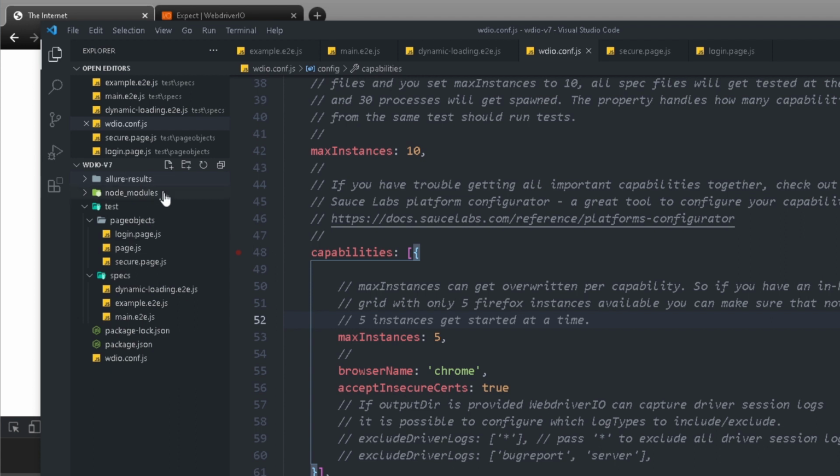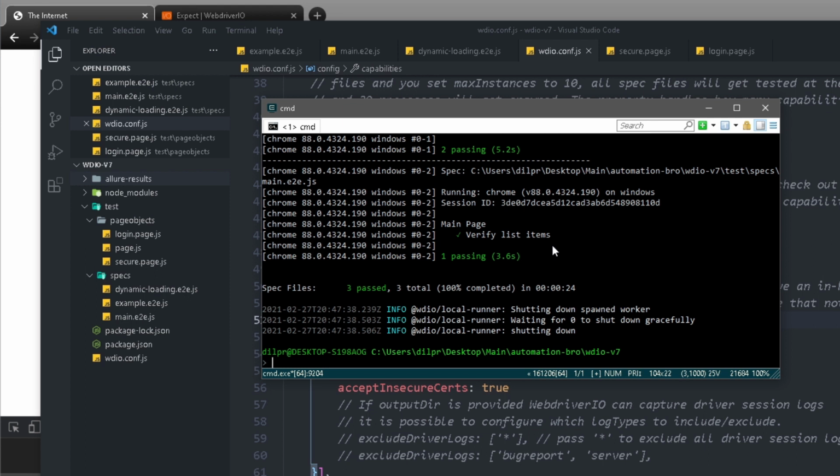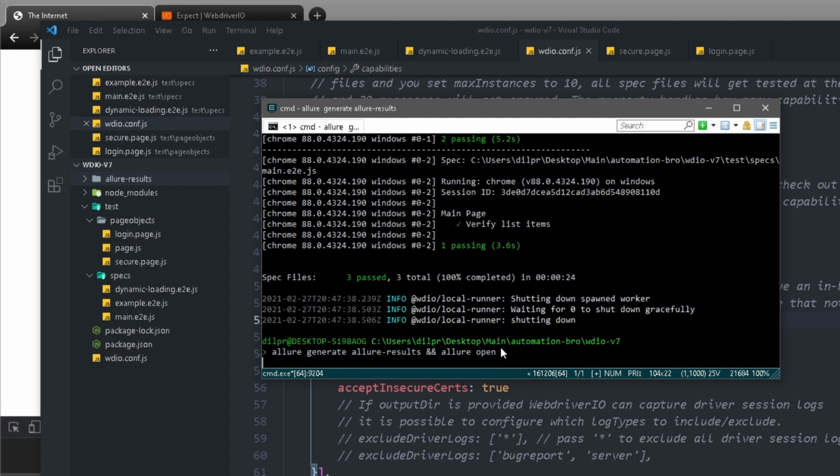So to actually take advantage of these Allure results, what we can do is go back to our terminal, and here I'm going to use the allure command, and I'm going to do generate, and then I'm going to pass in the allure-results, and then I will do && allure open, and I will hit enter. Now when you run this, if you run into an issue where the allure command is not found, then you might have to install Allure globally. So you might do npm install -g allure. That will allow you to use the allure command like this. So I will hit enter right here to see what happens.